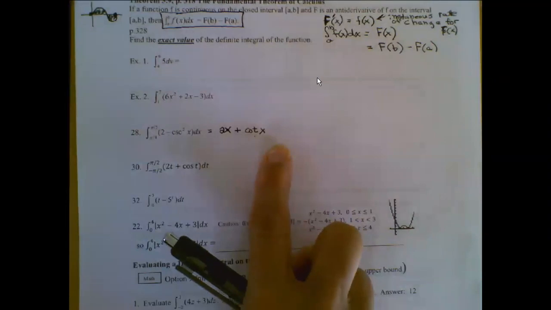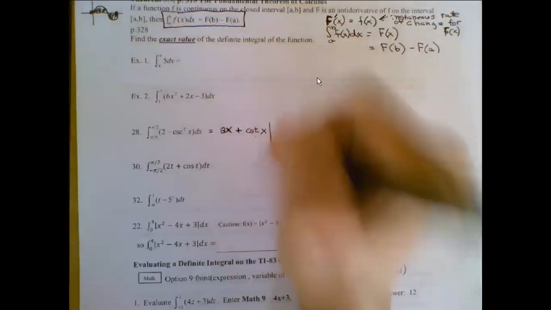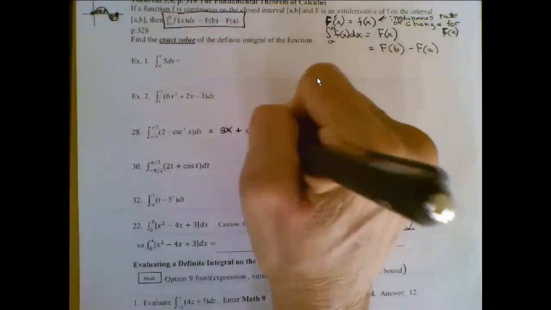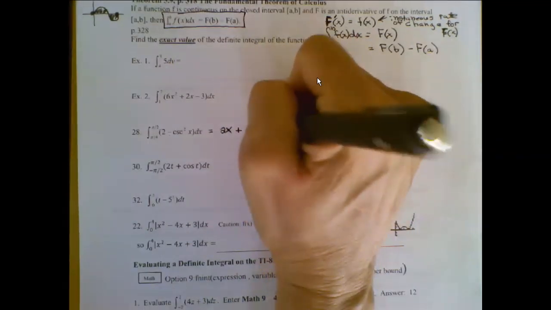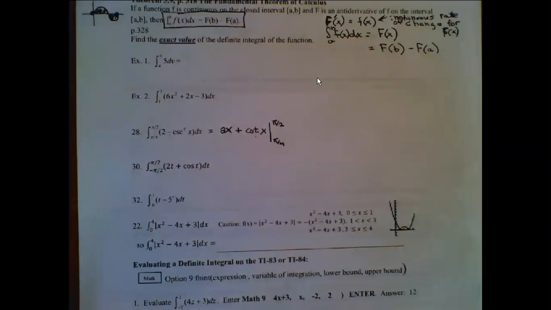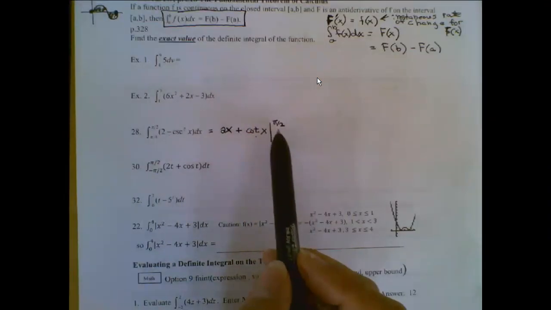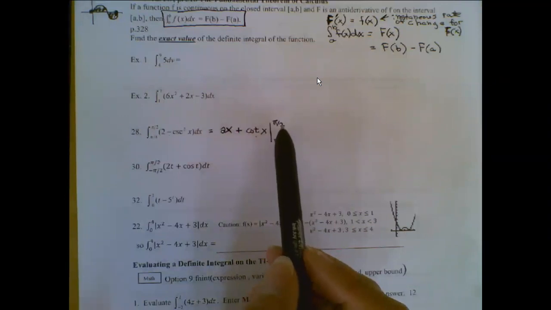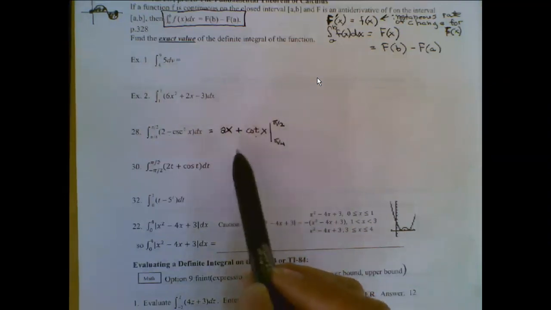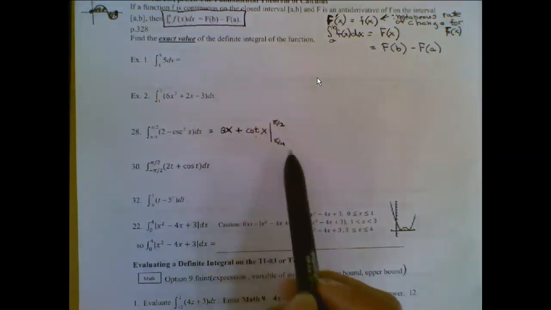The plus c and the minus c would cancel each other out anyway. I just need to evaluate that antiderivative at pi over 4 and pi over 2. Make sure you substitute the upper limit first and subtract from that what you get when you substitute the lower